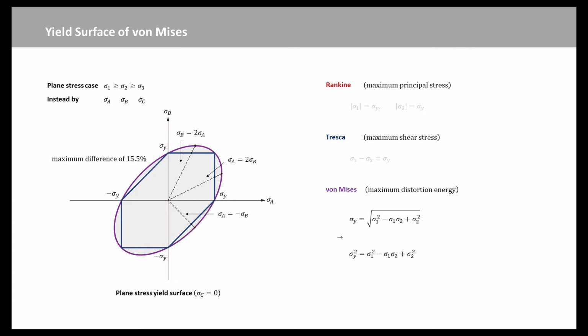If we assume that the principal stresses will increase in proportion to one another as a load is applied, and so the stress paths are straight lines, the difference between the Tresca and von Mises surfaces is largest for these three configurations. The maximum difference between the two surfaces can be calculated to be 15.5%. Von Mises is usually preferred to Tresca because it agrees better with experimental data, but Tresca is sometimes used because it is easier to apply and it is more conservative.